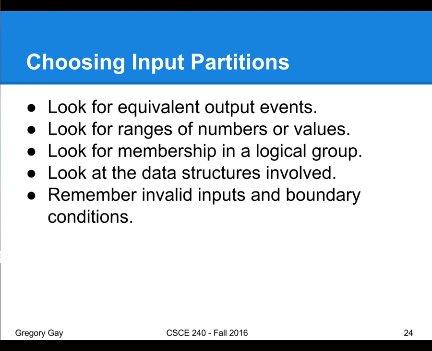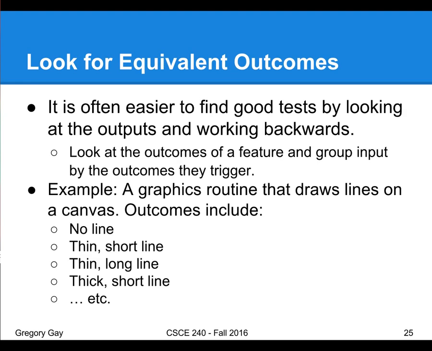Look for membership in some sort of logical grouping, right? Can we group these inputs based on how they're being used or the context the method uses them in? You can look at the data structures involved. Certain data structures, especially collection types, tend to suggest certain equivalence classes. And of course, consider weird boundary conditions or any case where you suspect could cause an error, right? So the first thing to do is start from your outputs, divide the output into different outcomes you can get, and try to come up with input that produces each of those.